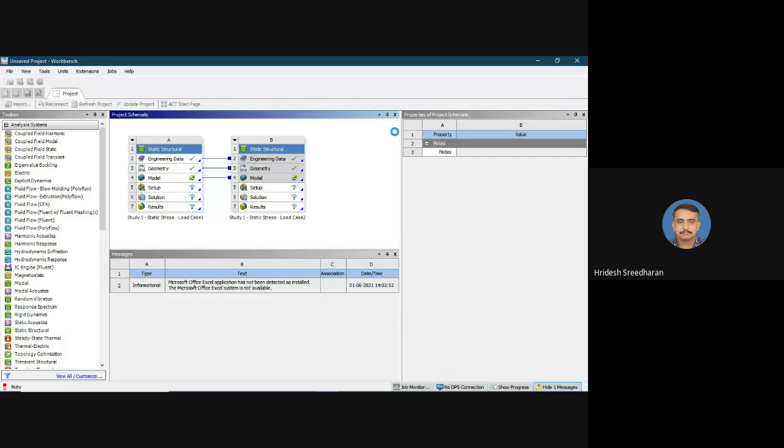So we are almost there. Just within a couple of minutes, we'll be able to complete the simulation in ANSYS also and compare the results with those generated from Fusion 360.